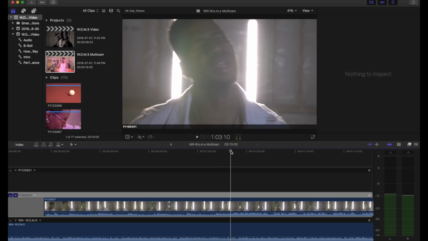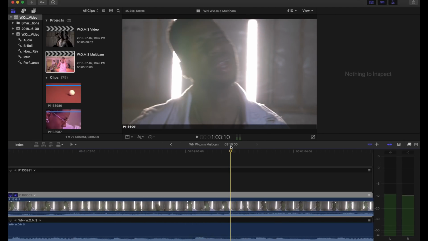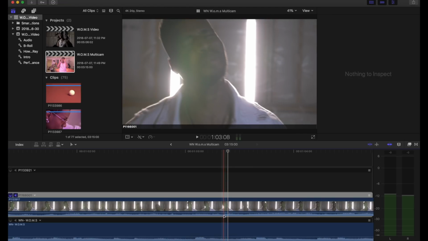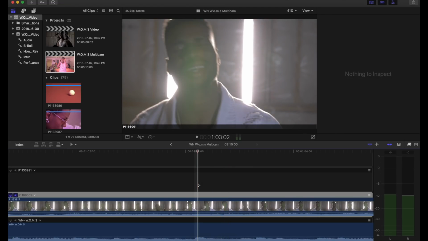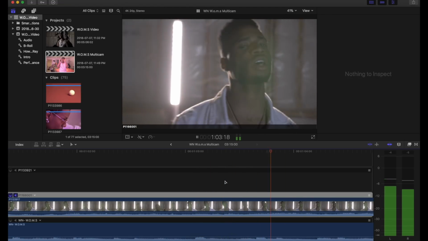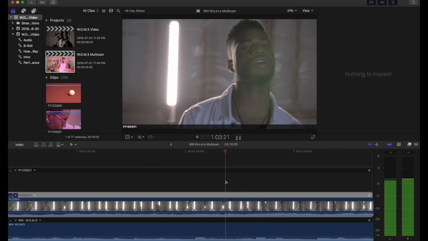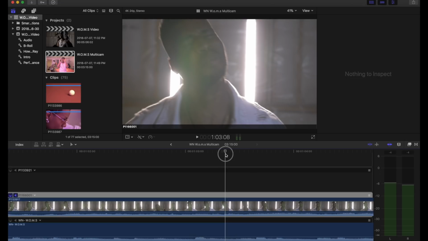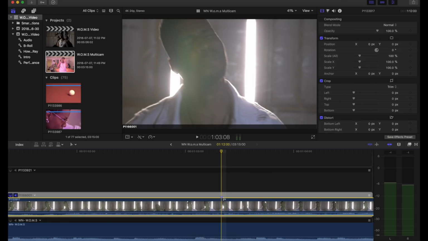Right there where he says that. So I'm going to zoom in here, and I think you can see a little step in the audio. So let's play back. Right there. So it is where that step is in the audio. We're going to click this, click M, and now we're going to match up.